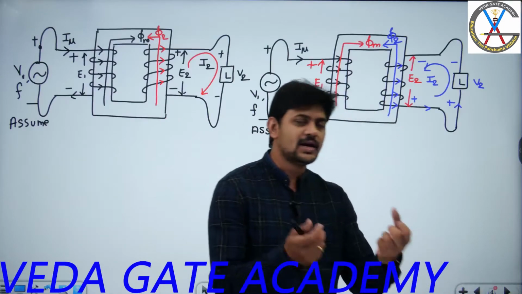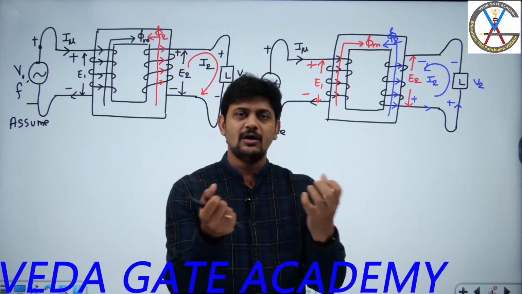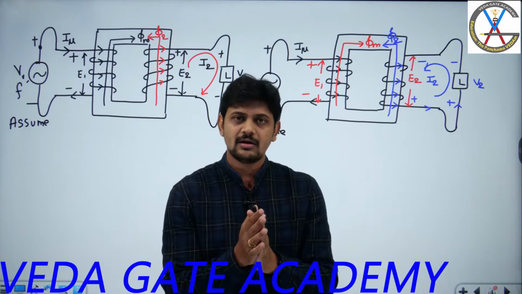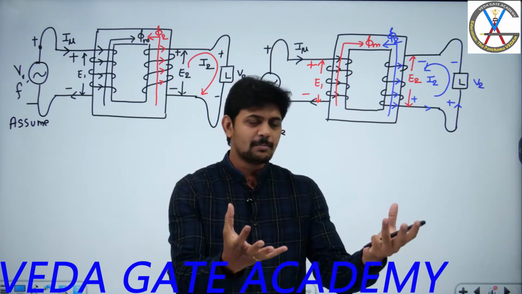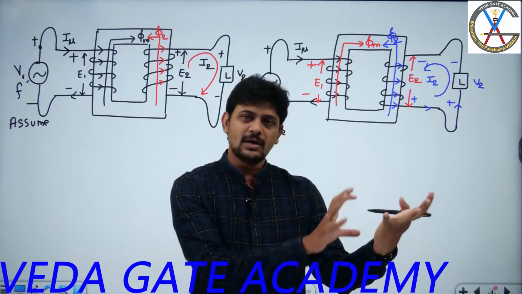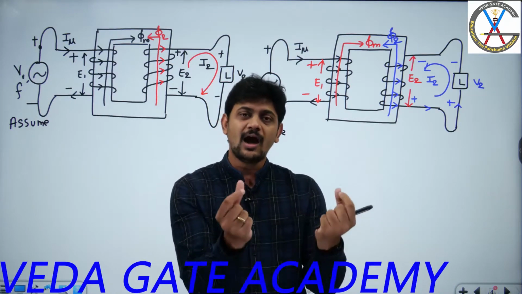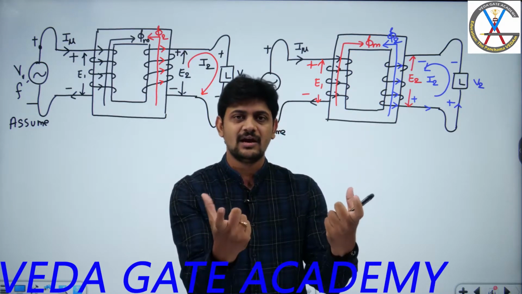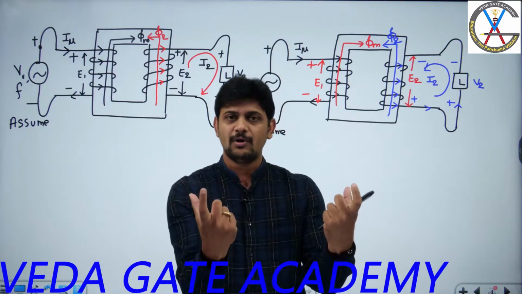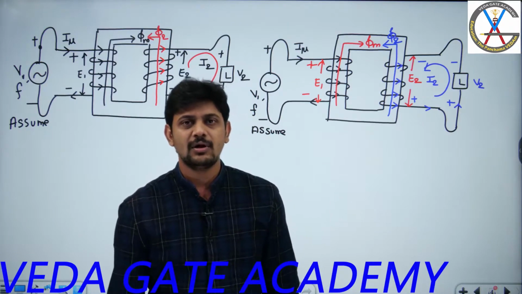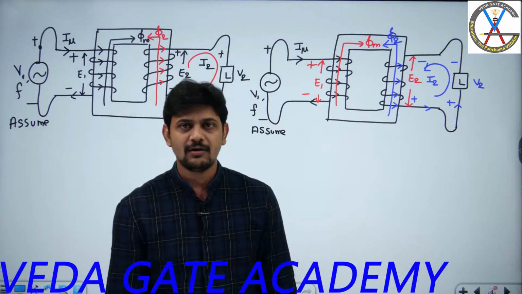For that, I need to understand what the polarities of the terminals are which are going to be connected in parallel. For that, after purchasing these transformers, I have to separately conduct a polarity test on this transformer as well as this transformer, and after that I come to understand the polarities. So from that I can properly do the parallel connection. Are you following what I am saying?